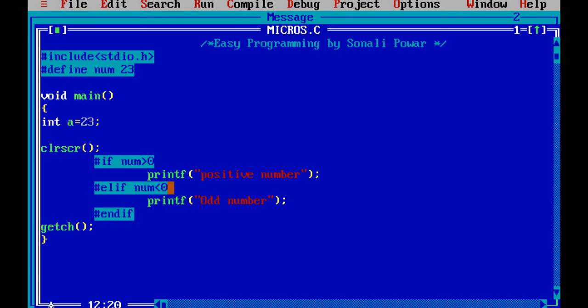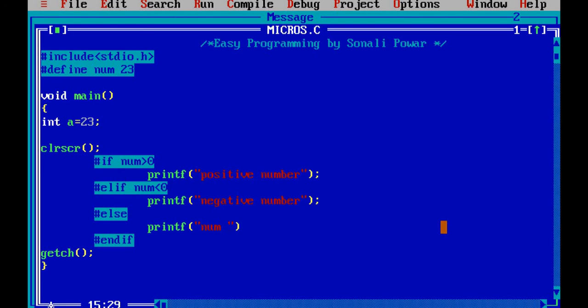If it is false, then check num is less than 0, then here I will say negative, and after that at the end, if both conditions are false, then I will say #else printf, means number is not greater than 0 and also not less than 0, then num is 0.